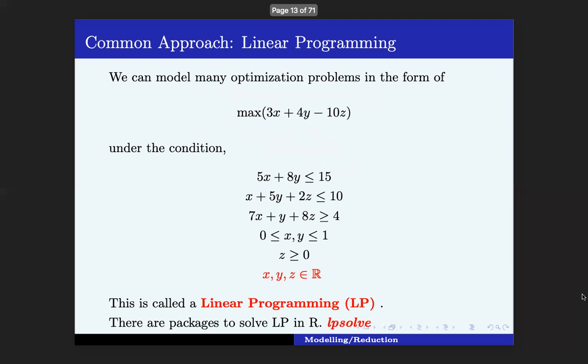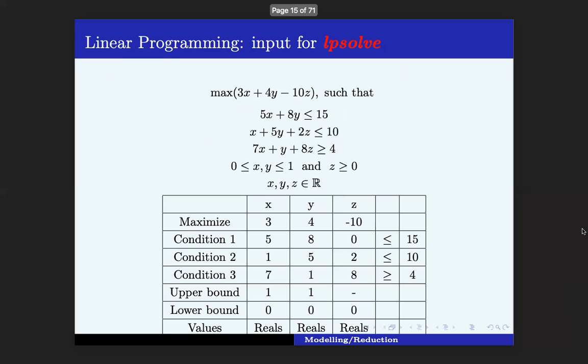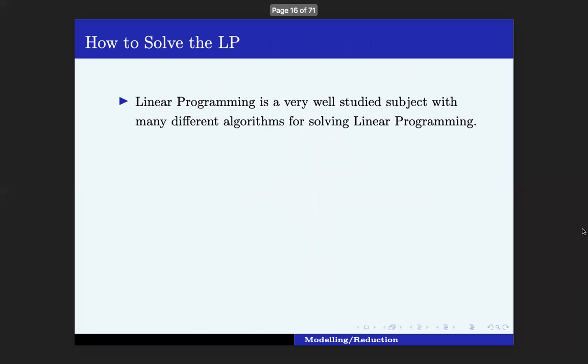Sir, in this case x, y, z are real numbers, but is it always so, or will it vary problem to problem? Yes, x, y are real numbers here. So I can skip this one. This is how you end up inputting a linear program into one of the packages. But the important thing is that,